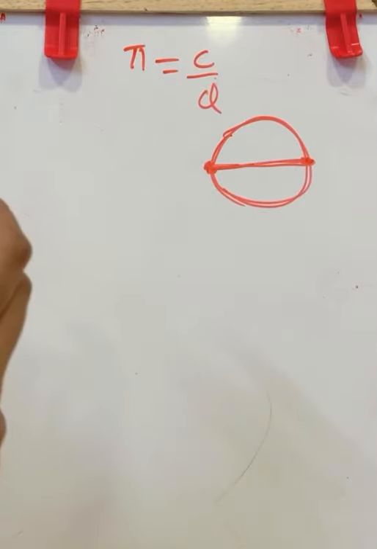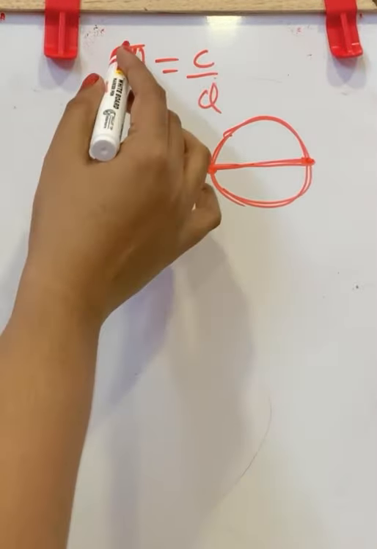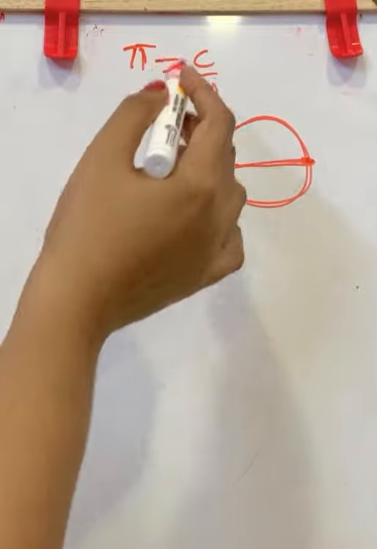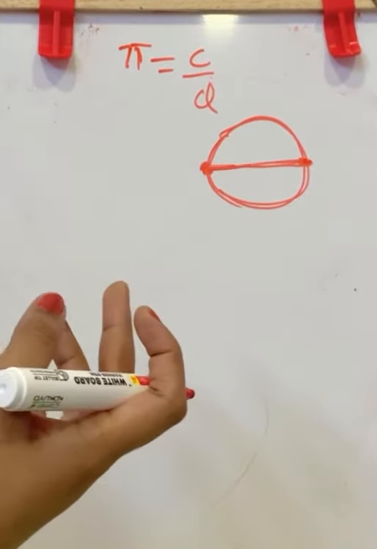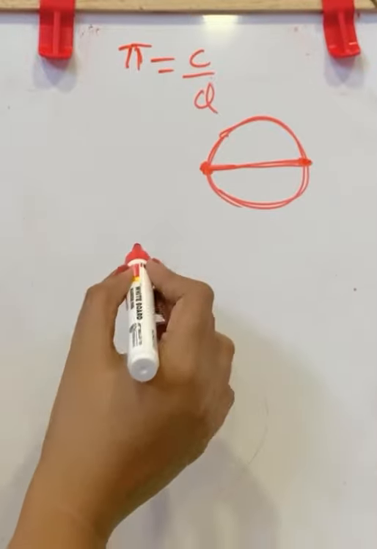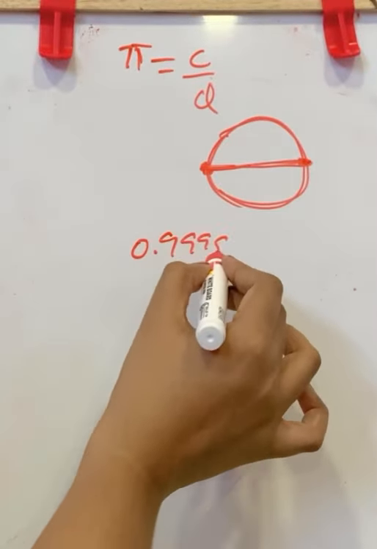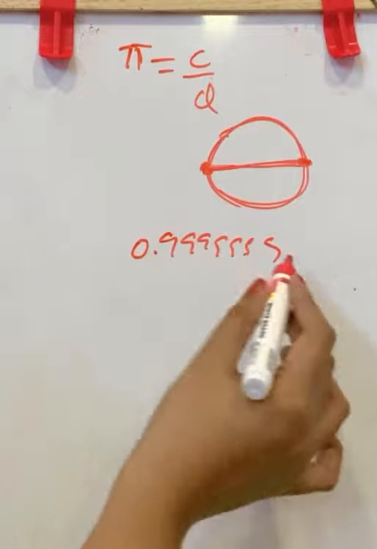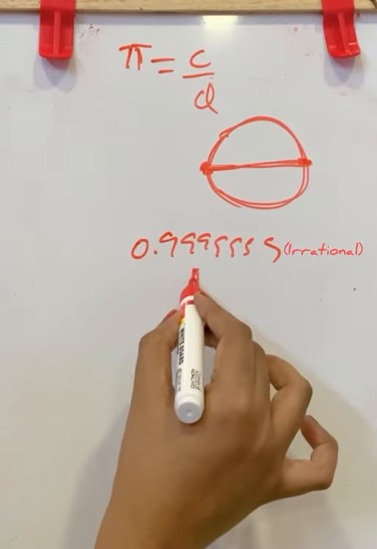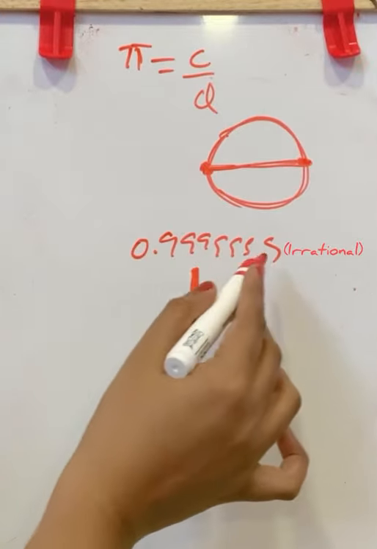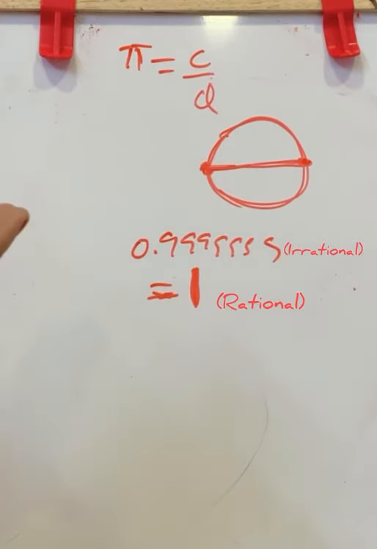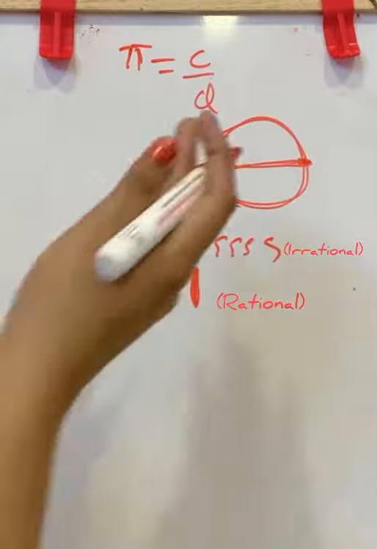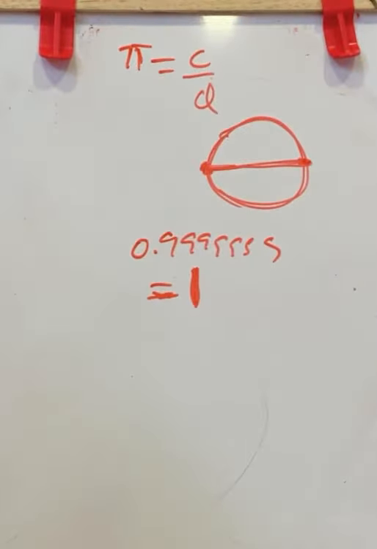How will you resolve this contradiction? Maybe we are taking the value of pi or c or d as an approximate value. So there is no contradiction. We know 0.999 repeating, at some point, can be written as 1 itself. That is 0.999 will be equal to 1 at some point. So we can say there is no contradiction. It may be approximate values.